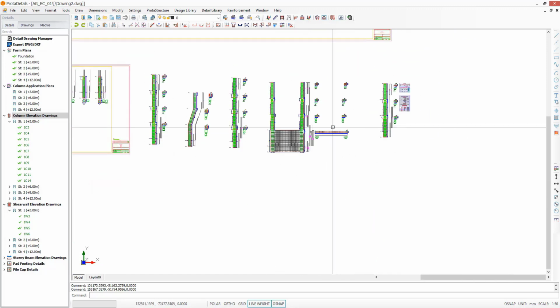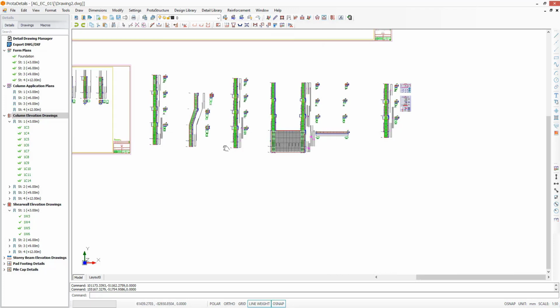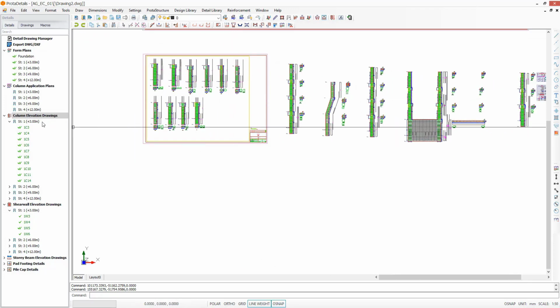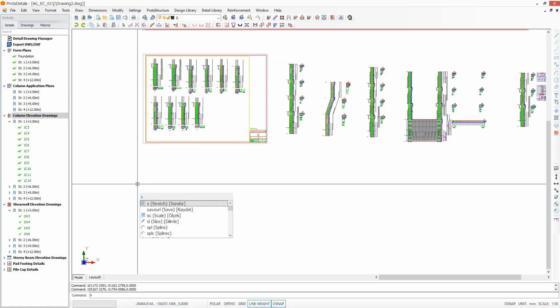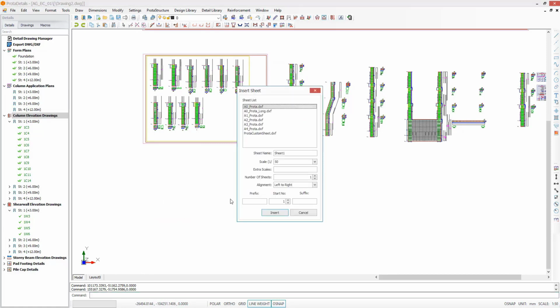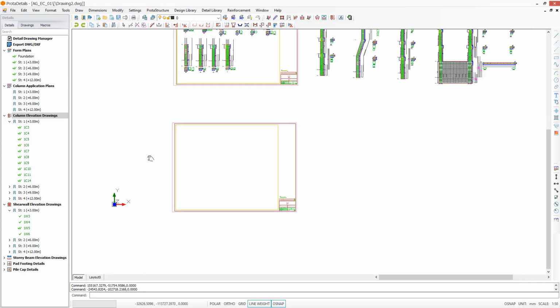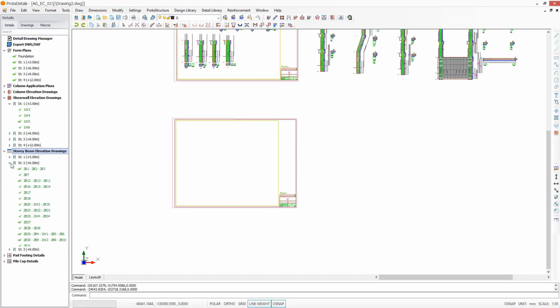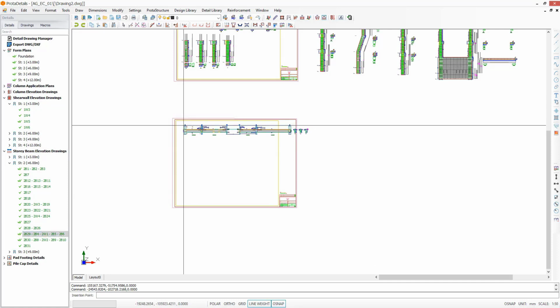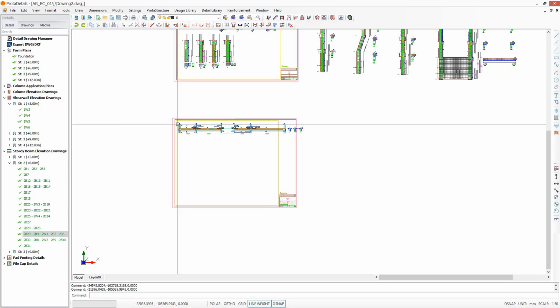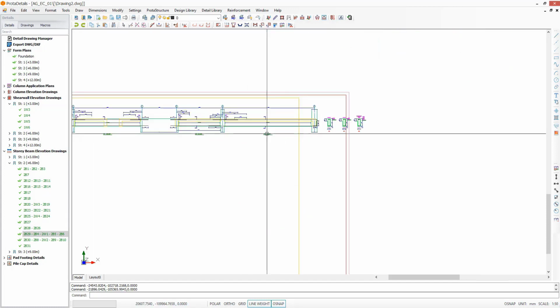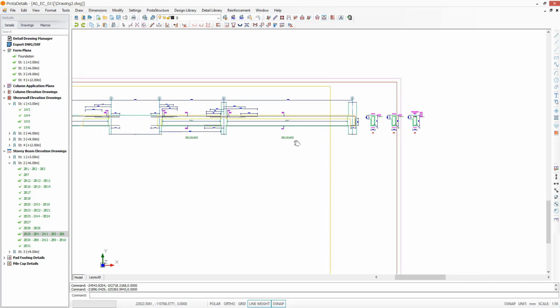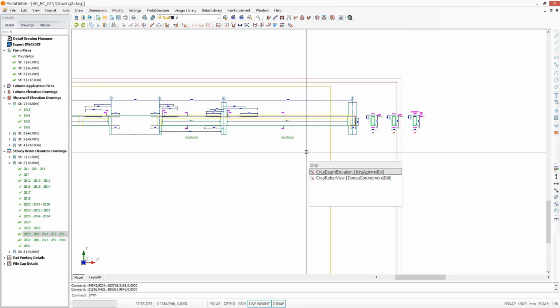Well, let's prepare the beam elevations of the second floor as an example. Again, I will call the sheet command, and let's insert another sheet here. This time I will close these, and open up beam elevation drawings, and I would like to insert this. I just double-clicked and inserted, but it doesn't fit inside my drawing sheet. So what would I do? I will just call the crop beam elevation command here,